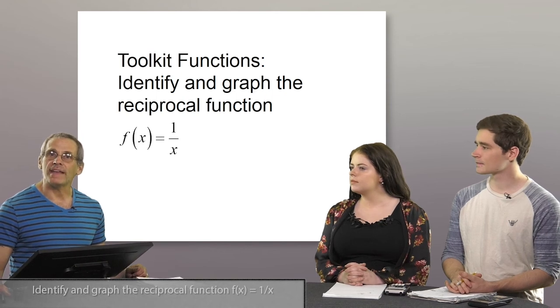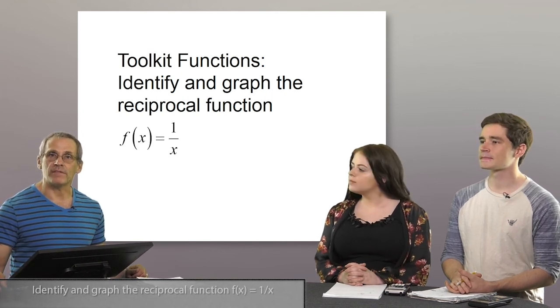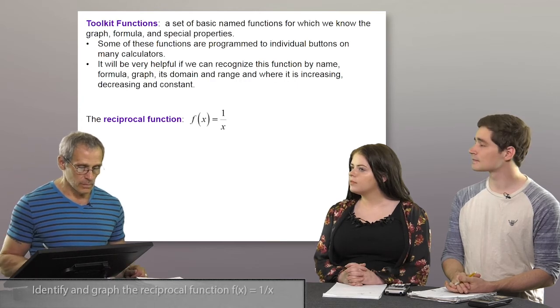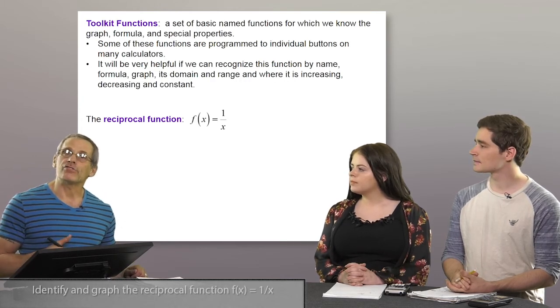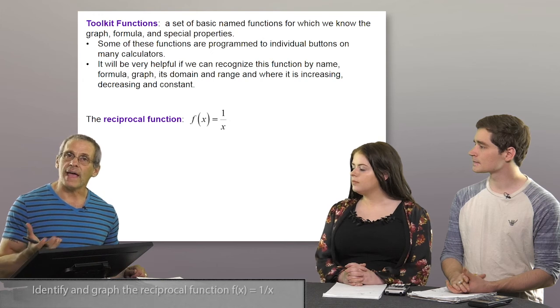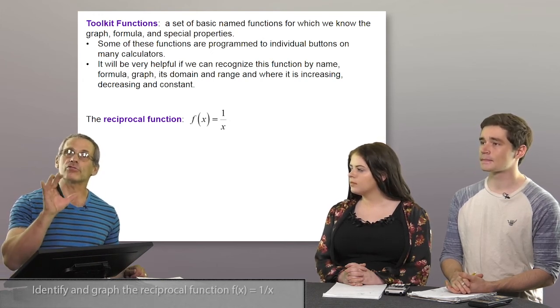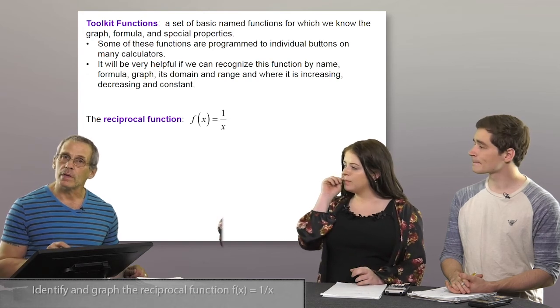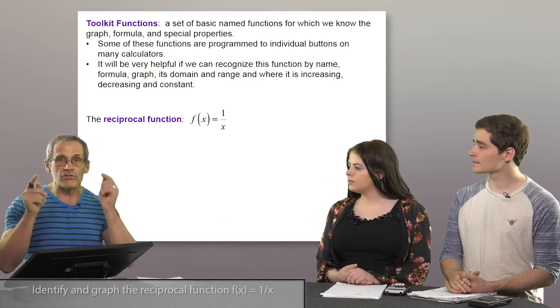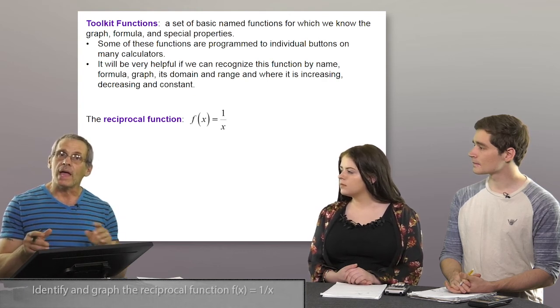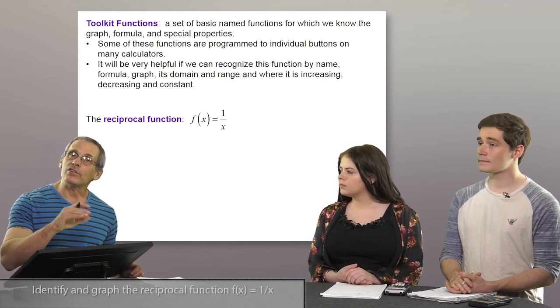Toolkit functions. Identify and graph the reciprocal function f of x equals 1 over x. We're going to look at the reciprocal function f of x equals 1 over x. This is one of our toolkit functions. You need to be able to recognize its formula, its graph, some special properties. You need to be able to see the graph in your mind. You need to be able to recognize the domain and range, as well as where the function is increasing, decreasing,